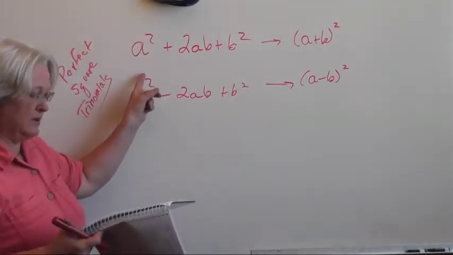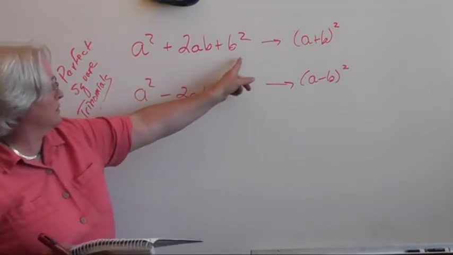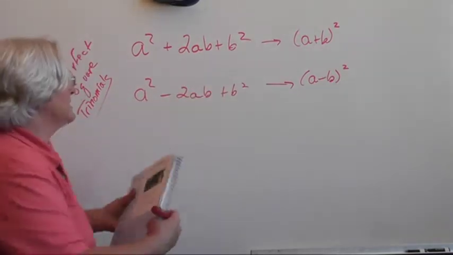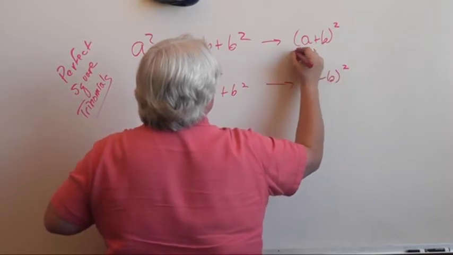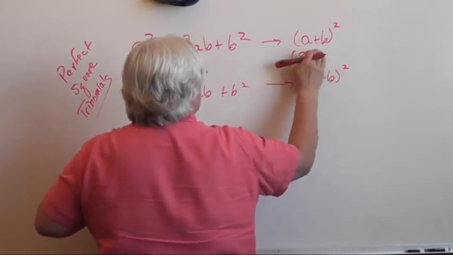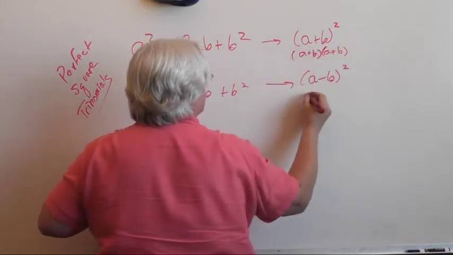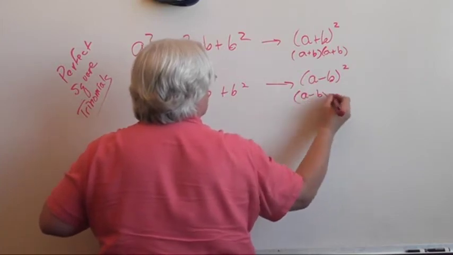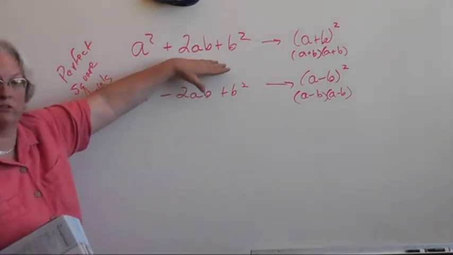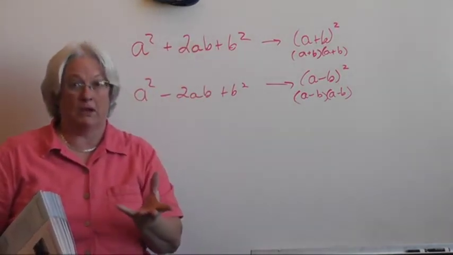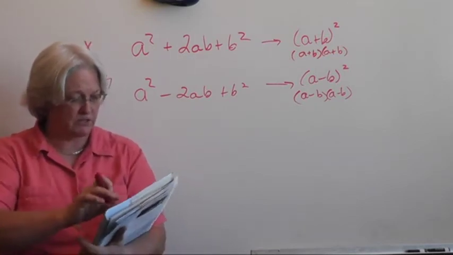That might not make a whole lot of sense to you right now, but what you have right here is a squared plus 2ab plus b squared is a plus b squared, which can actually be written as a plus b times a plus b. Just like this could be a minus b times a minus b. This is a perfect square trinomial. This is the pattern that you want to be able to recognize, because all of your questions for this section